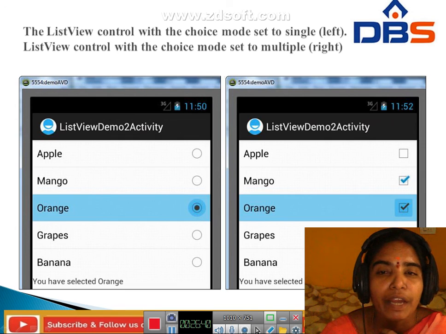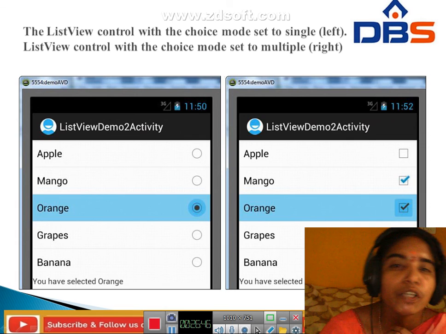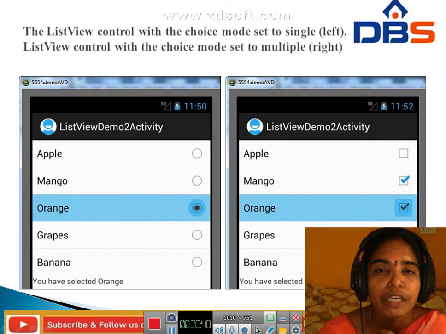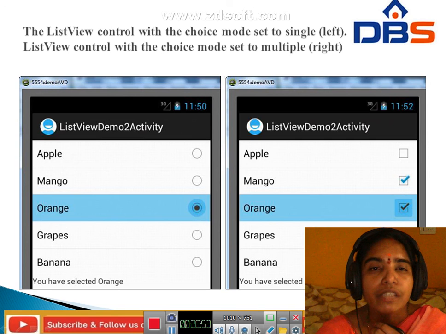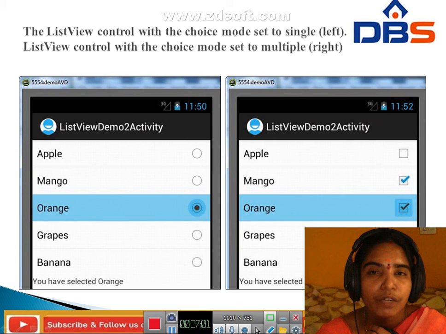To use multiple, we have to select the multiple choice mode. Here it is used as single, with the choice mode set to single.